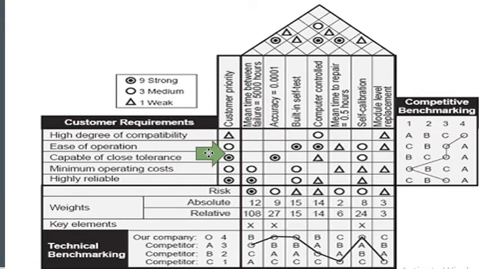Next, it is the priority of the customer requirements. In this column we will be filling in the priority of these customer requirements. Maybe we might be valuing it from 0 to 5, 0 importance or 5 importance. Then it is about weights and key elements, technical attributes, related information. These values will be calculated by using averages or relative averages of these values.